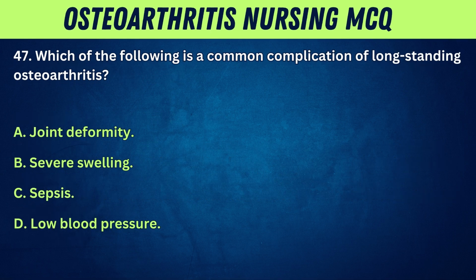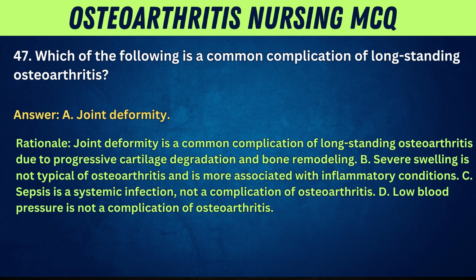47. Which of the following is a common complication of long-standing osteoarthritis? A. Joint deformity. B. Severe swelling. C. Sepsis. D. Low blood pressure. Answer: A. Joint deformity. Rationale: joint deformity is a common complication of long-standing osteoarthritis due to progressive cartilage degradation and